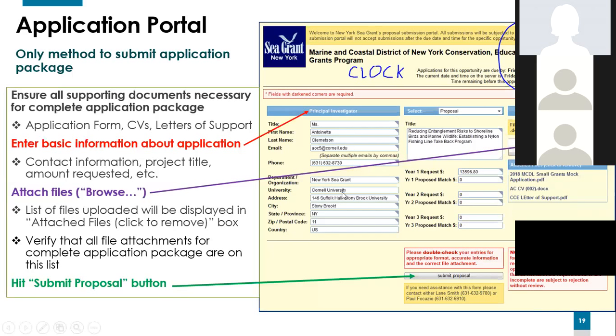You'll also ask about the proposal itself. You will give the title of the proposal and the amount being requested. And again, this is a 1-year project, so you're only asking for funds for year 1, if it's still there. If there are other years on the form, then you put 0. There are no match requirements, so you're going to put 0 for those fields. Now, once you've completed the contact information, then you're ready to submit the attachments for the application.